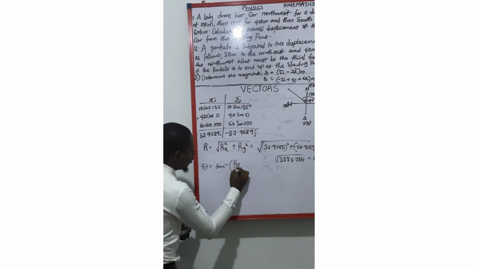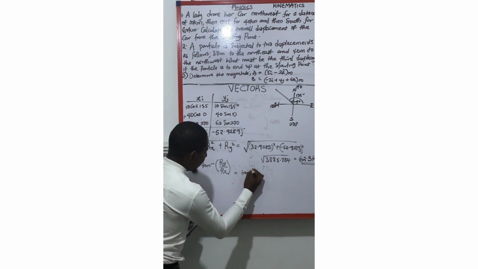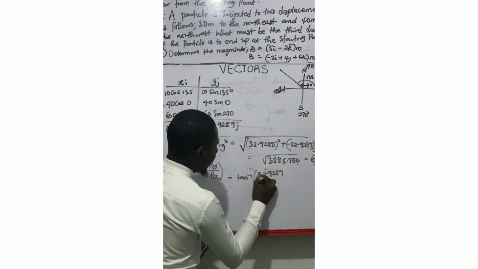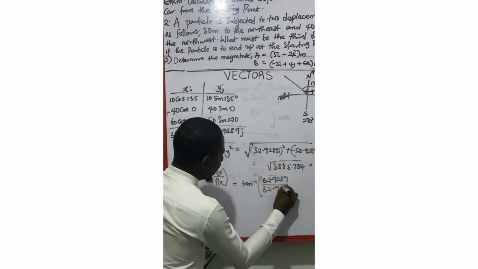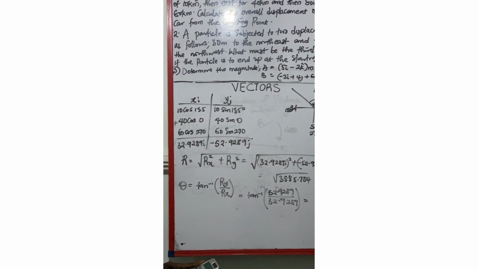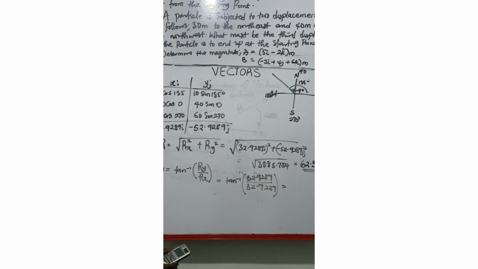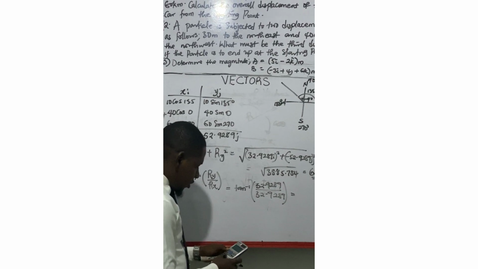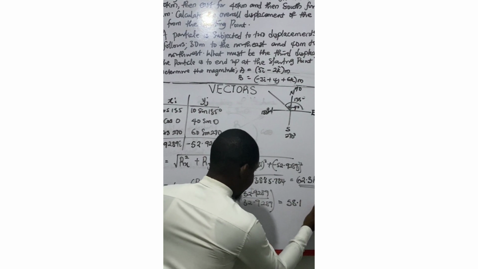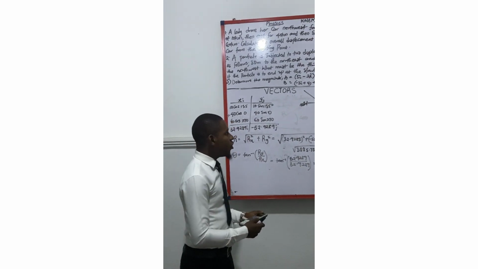Of ry to rx. And that will now be giving us the tan inverse of ry, which is 52.9289, by 32.9289. So when you take that out, we are going to have 52.9289 divided by 32.9289, and then shift tan of this answer, we have 58.11 degrees. Now the point is that you don't know the direction of this degree, but you can easily determine